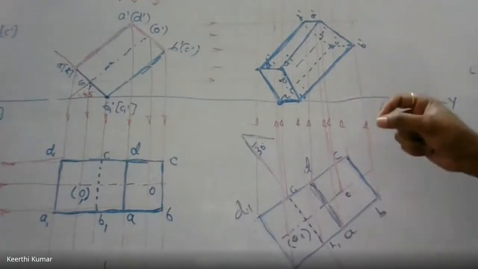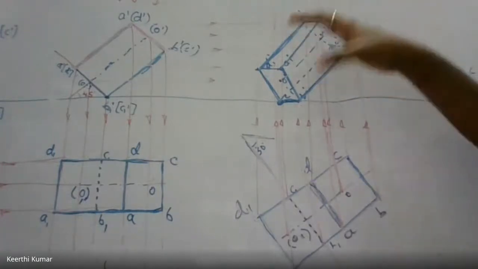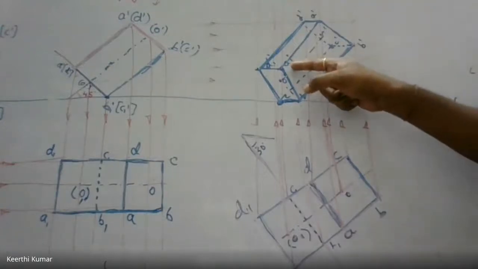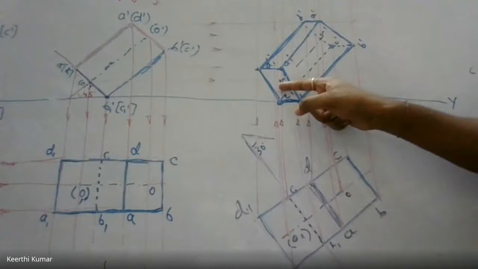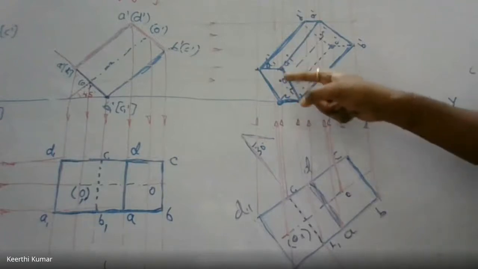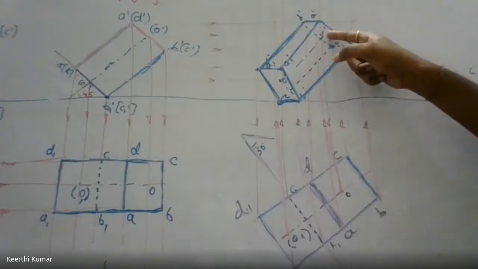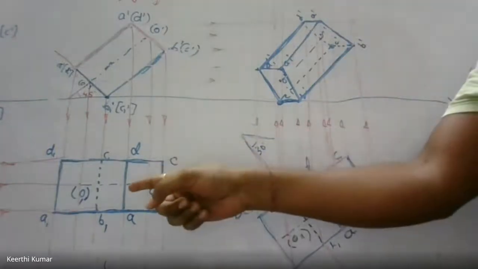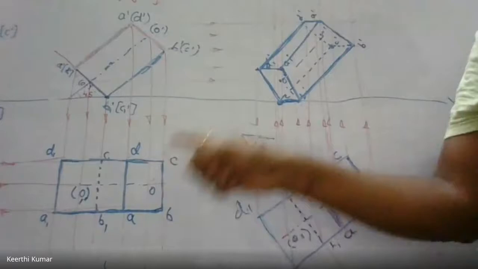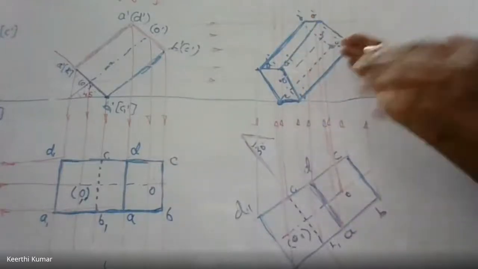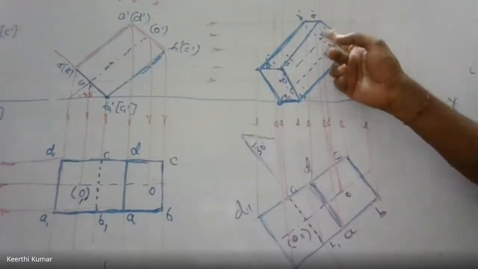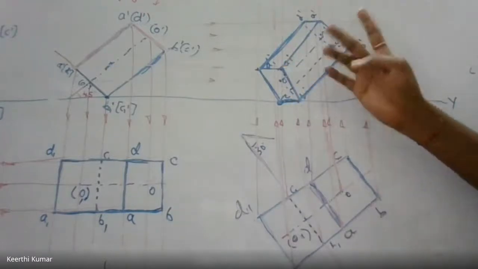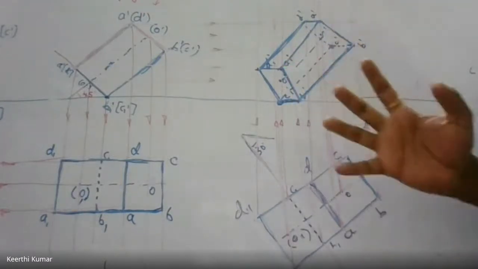Now you observe how many points are inside the outermost. A1 is inside, that is one. O1 dash is inside, that is two points. Only these two are inside here. Here O is inside, C is inside. There are four points now. Earlier, while explaining, there were only two points, but here there are four points inside the outermost. What are those four points? O, O1, A1 and C. Those are all the four points inside the outermost.